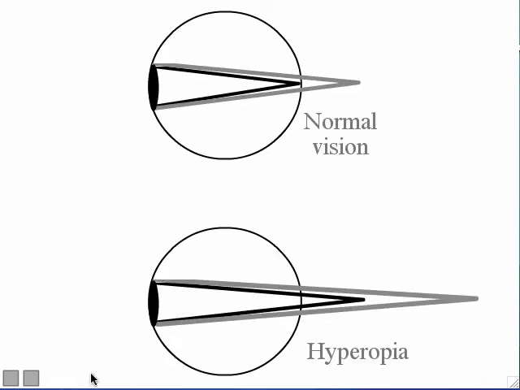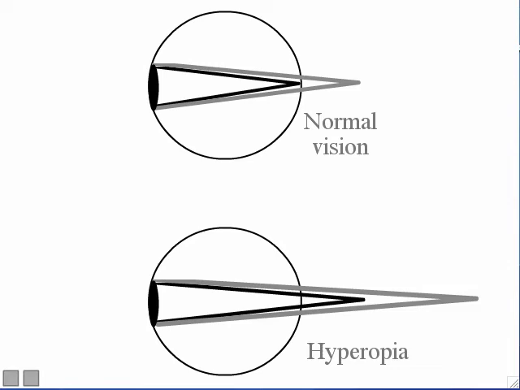Okay, so what I'm showing you here is when the ciliary body muscles are relaxed. And well, you know the song and dance: with normal vision, ciliary body muscles relaxed, far objects are focused on the retina, and near objects are out of focus because their focal point is behind the retina. But with people with hyperopia, the focal points are too far back, and so when they relax their ciliary body muscles, everything is out of focus because all focal points are behind the retina. Okay, so the purpose of corrective lenses